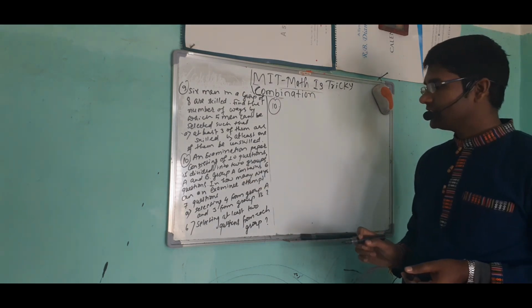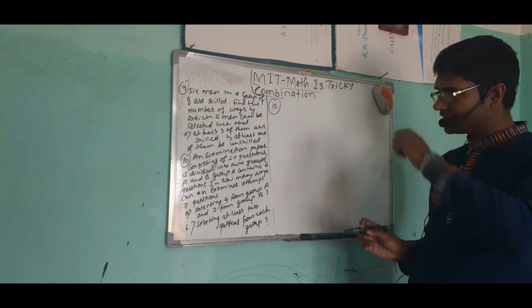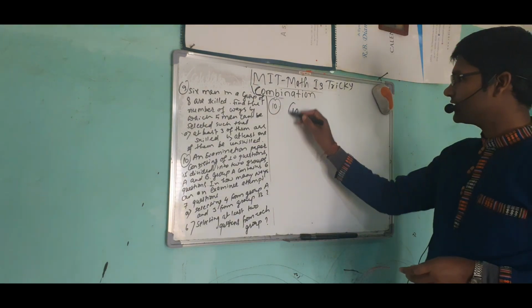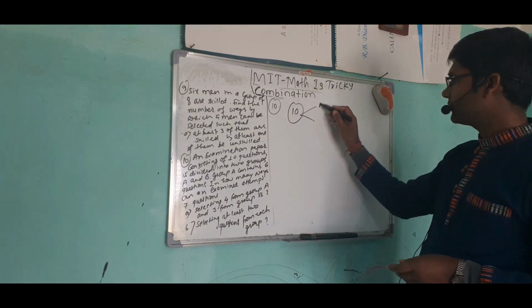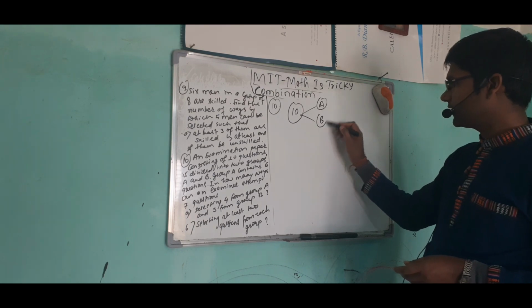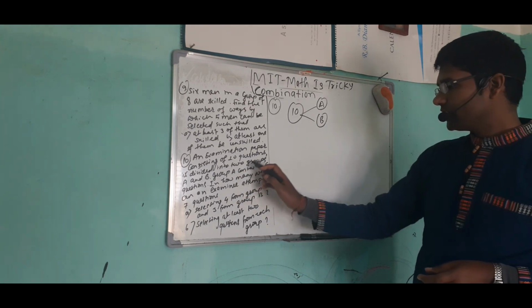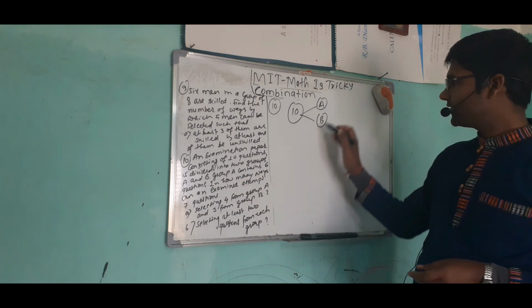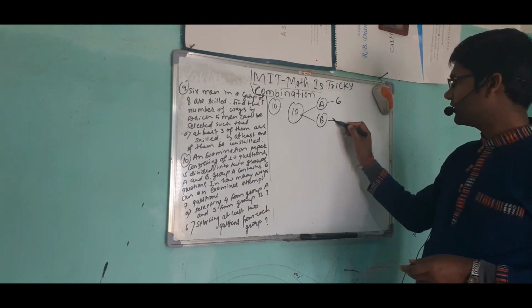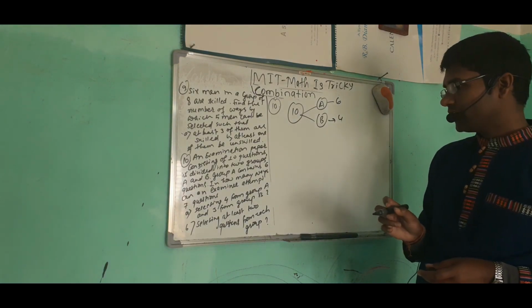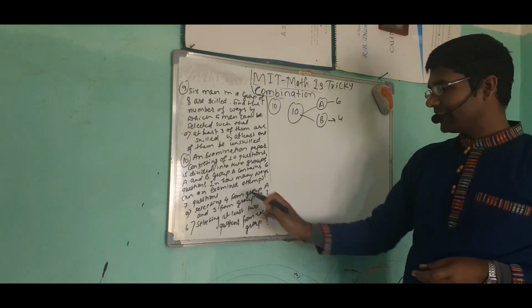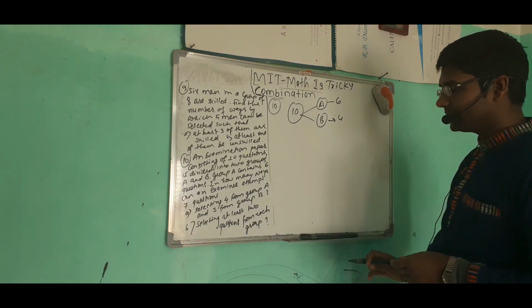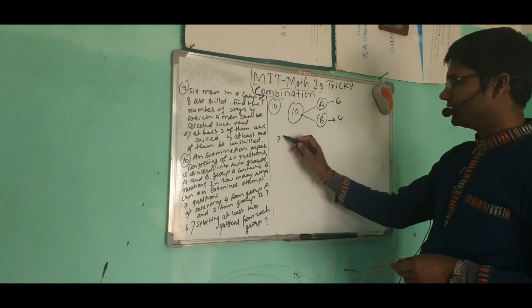An examination paper consists of 10 questions, divided into two groups, A and B. Group A contains 6, so obviously group B will have 4 questions. Now, in how many ways can an examinee attempt 7 questions? You have to do 7 questions. Remember,